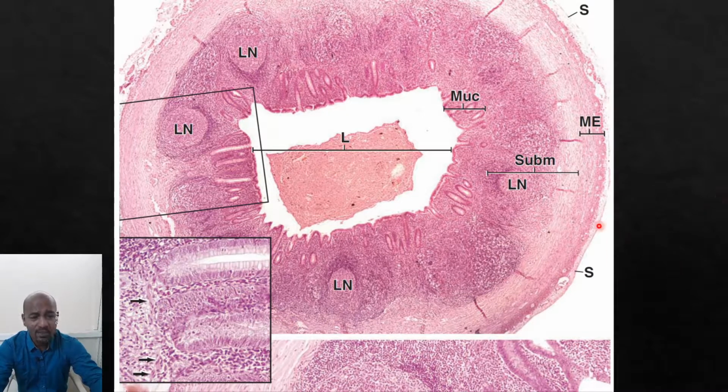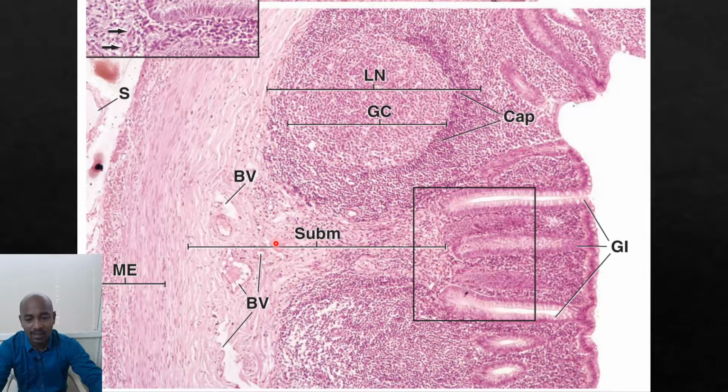So the mucosa is covered by the columnar epithelium, which contains M cells, which overlies the mucosal lymphoid tissue, and glands or the crypts of Lieberkühn, which are similar to the colon, but these are fewer in number. The crypts are not as abundant as you see in the colon, and they penetrate deep into the lamina propria. This is slightly higher magnification.